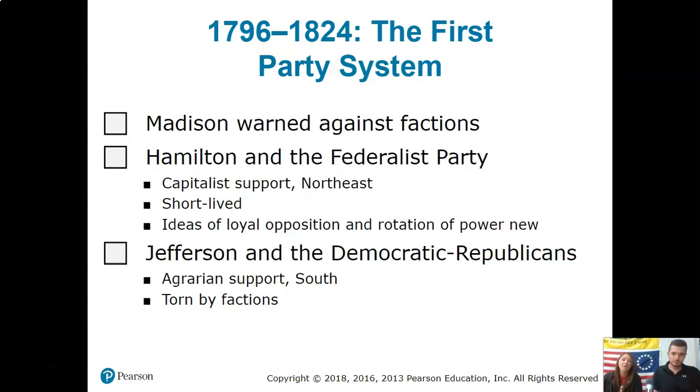It happens anyway. So we know that Hamilton is part of the Federalist Party, and they are well educated, elite, part of that capitalist Northeast. Madison was Democratic Republican. He was with Jefferson. But Hamilton was Federalist. We're talking about political parties. Yes, you're right. Sorry, I was thinking of Federalists and Anti-Federalists.